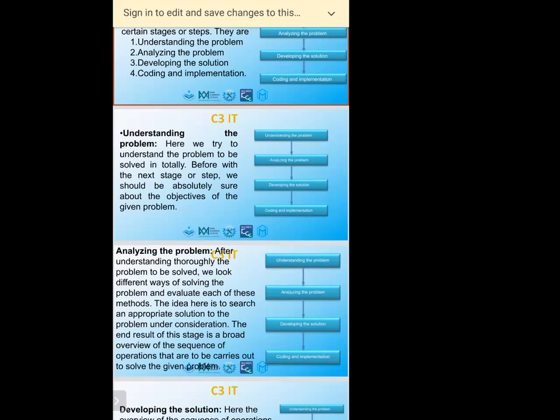So, you are from any island. Suppose you want to go to Malay. Then you are asking one person, I want to go to Malay. This is understanding the problem. They want to go from this island to Malay Island. Malay is the capital. So they want to go from here. That is called understanding the problem.